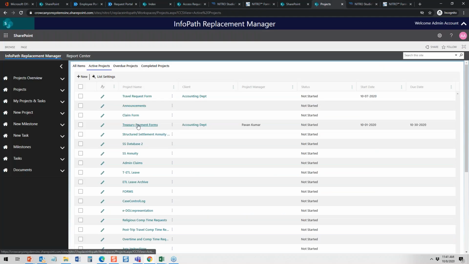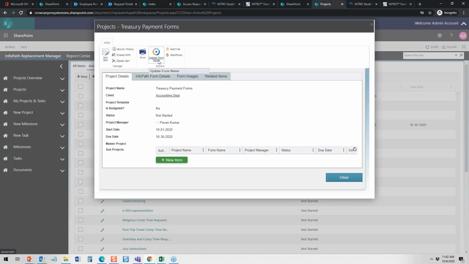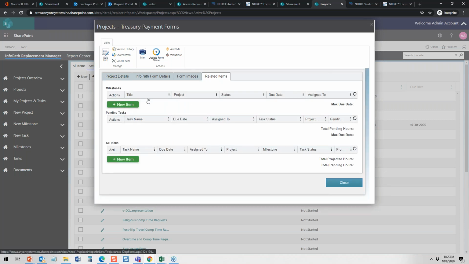Let me go back and look at the form and see if there's any custom actions on here. One is update form, or print. You could print it out. You could do all kinds of interesting things with the custom actions. And also you can have workflows run so that when the project start date happens, notify people. When the due date happens, notify people. When the milestones are being reached, notify people, or kick off certain processes and other things that go on with